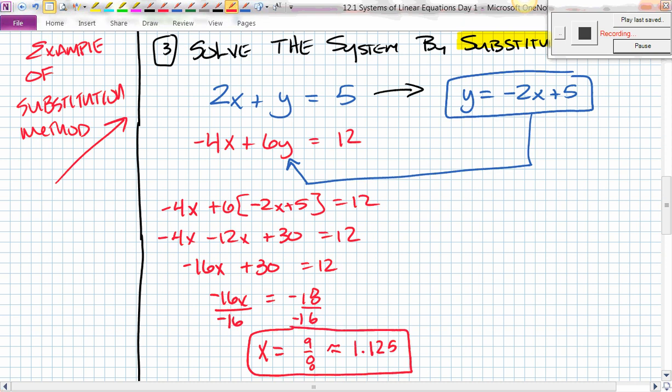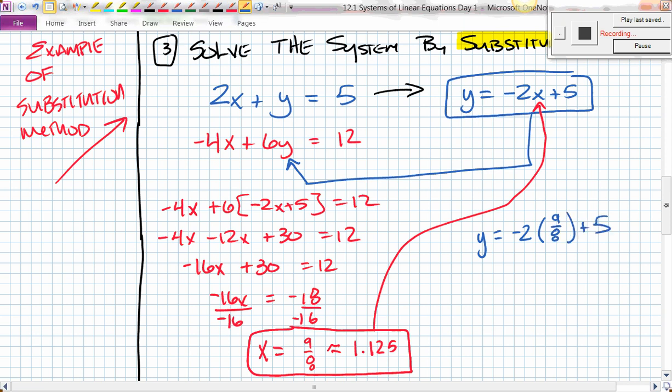Alright, now that I have the x, what do I do with it? Am I done? No, I'm not. I need to go and plug it right back in for my x. So follow the arrow. So then y must be negative 2 times 9/8